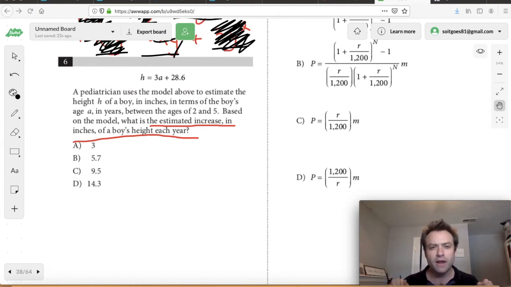You're going to be dealing with like a 6-foot-tall 5-year-old, something like that. That's every parent's nightmare. That's awful. It's laughable. If you think about it logically, it's laughable to even put it on there. Answer choice D is gone. Even answer choice C is silly. 9.5 inches. That's like 10 inches per year. Kid, he's still going to be